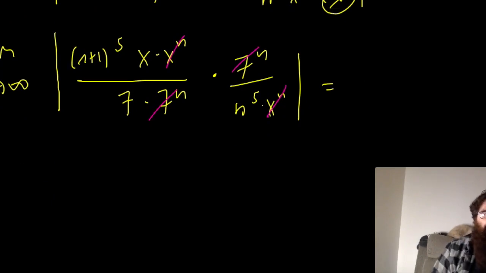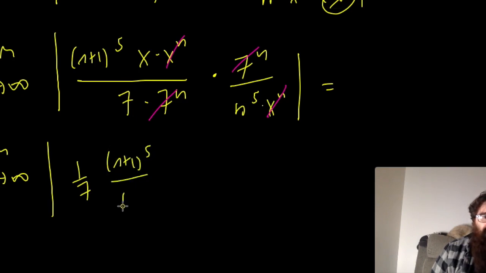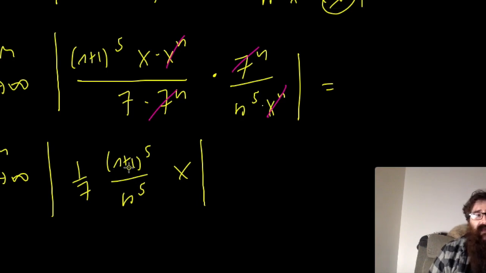So we're left with the limit as n goes to infinity, absolute value of, and here I have a 1/7, I have n plus 1 to the fifth divided by n to the fifth, and I also have this x. Trying to make sure I didn't forget anything. n plus 1 to the fifth, I got it. x, I got it. 7 in the bottom, I got it as a 1/7. n to the fifth, I got it. We're all there. And since this n plus 1 and the n are both to the exponent of 5, I can actually group them together